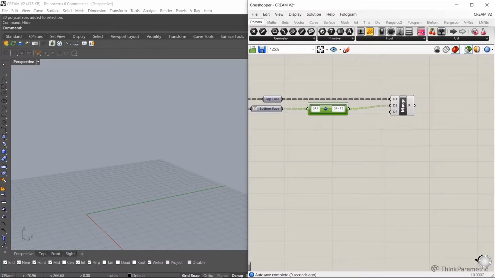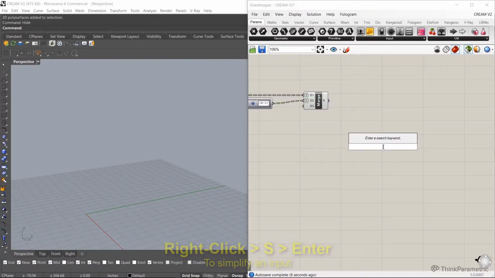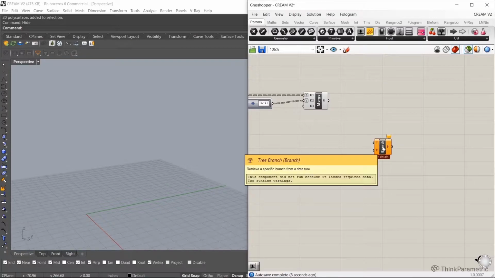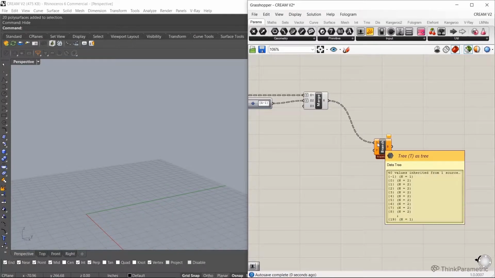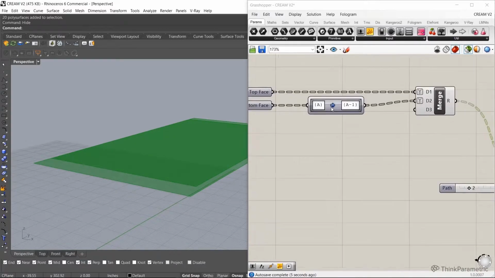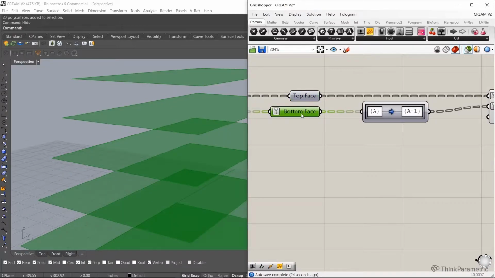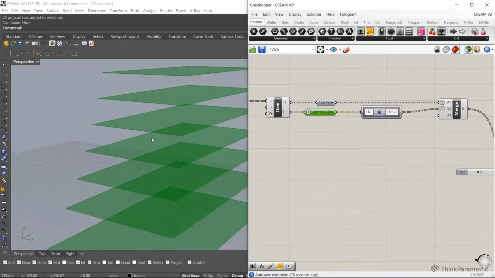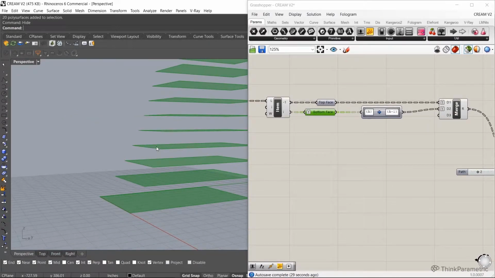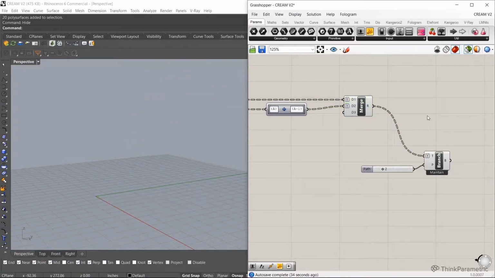So now we have our 2 floor plates in each branch, and just to check and illustrate what we're doing here, if we look at one of our branches, let's say branch number 2, we should see our 2 floor plates overlapping each other. If some of you are familiar with the Path Mapper, it basically allows you to, in the same way, graft up or renumber your data tree based on the inputs that you put here. In this case, we're just saying, I want the bottom face of the block below. And so that's how we get the bottom face and the top face together in the same data tree.